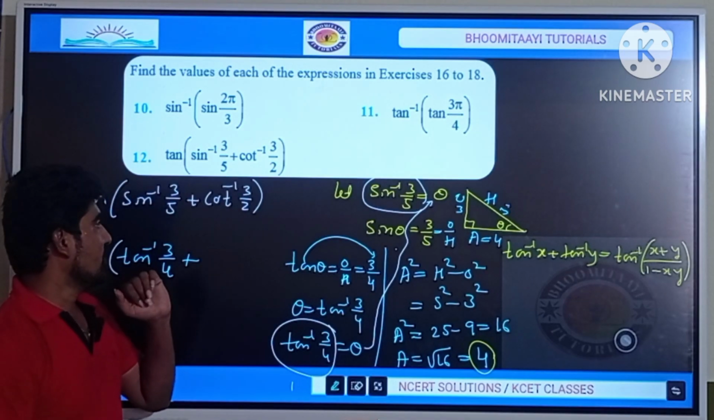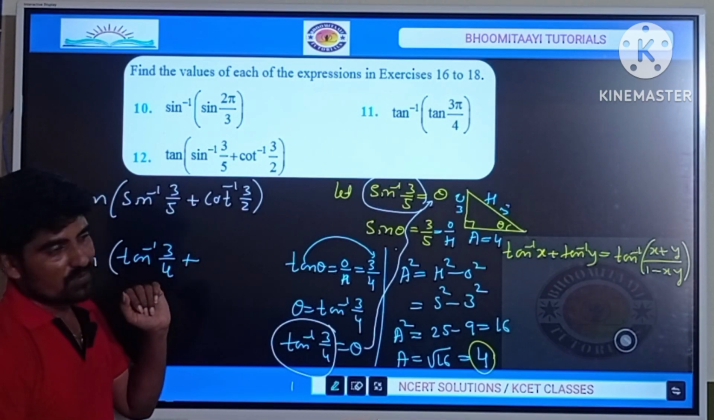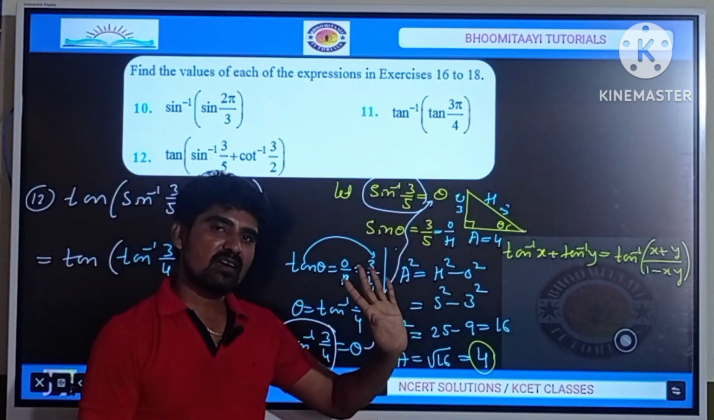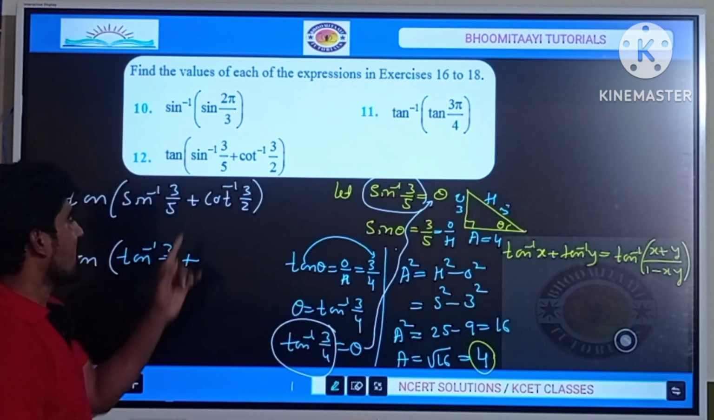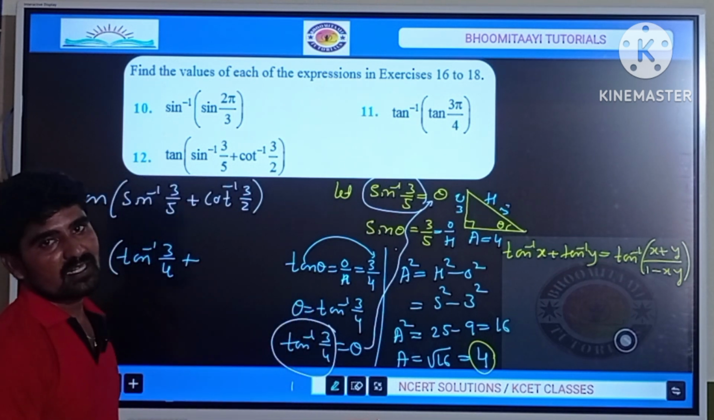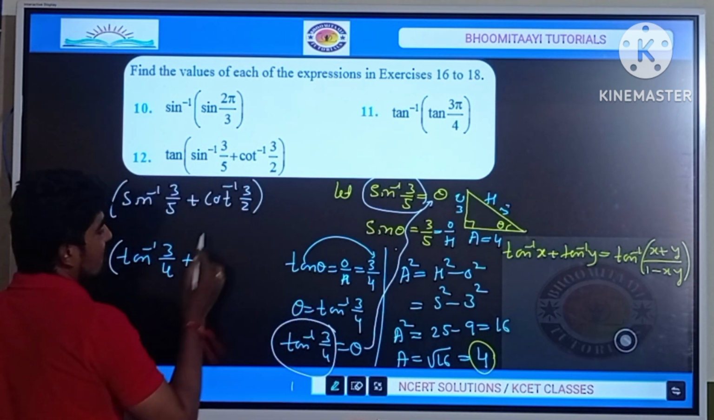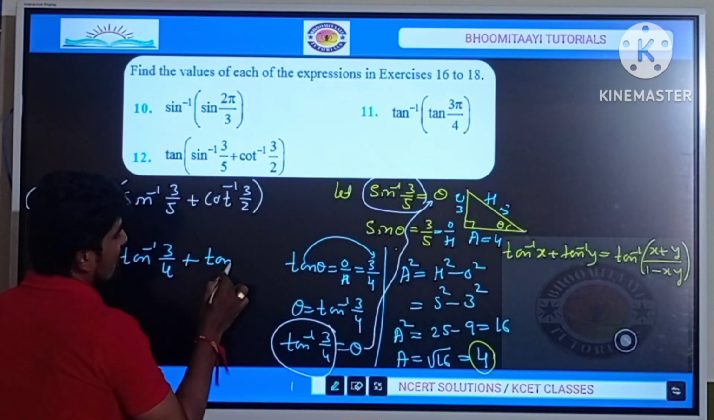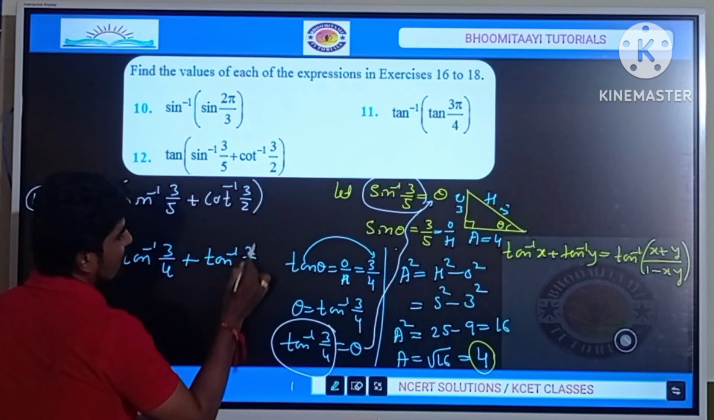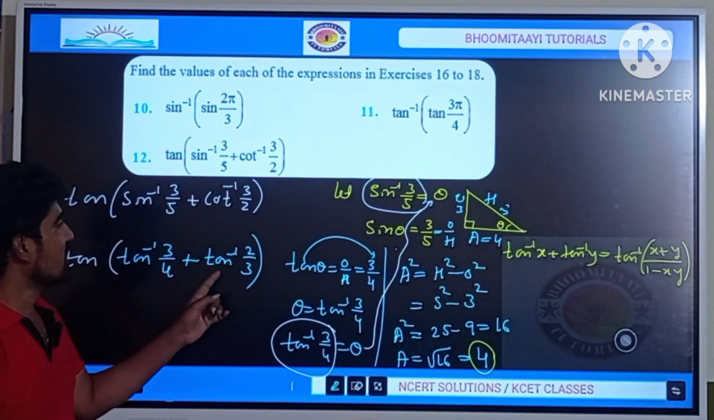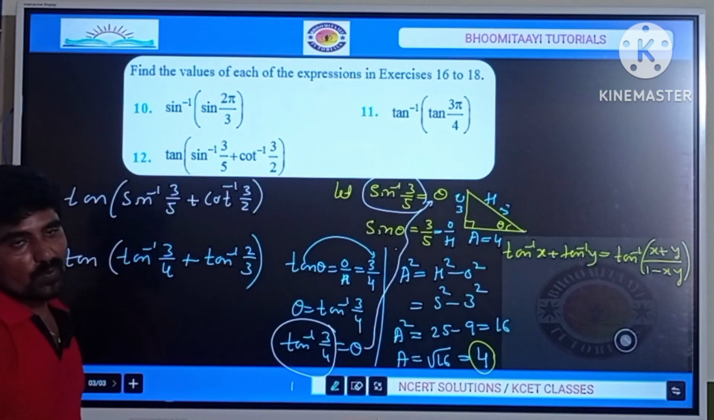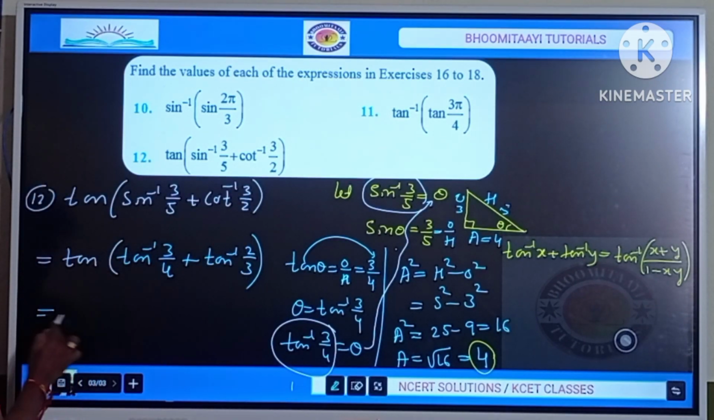So to identify the value of cot inverse in terms of tan inverse, there is no need to use the right angle triangle concept. Why? Because we know that cot theta is the reciprocal of tan theta. Therefore cot inverse 3 by 2 is equal to tan inverse of 2 by 3. So the reciprocal of cot is tan, so 3 by 2 becomes 2 by 3. Now, which is equal to,